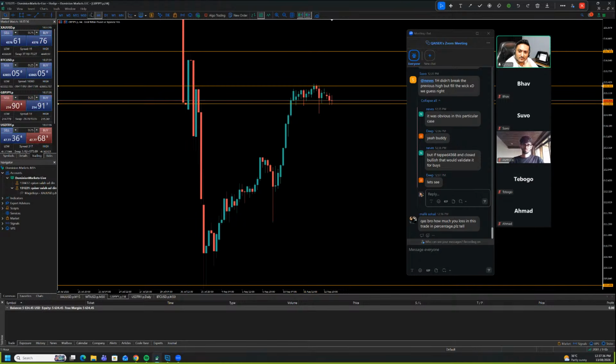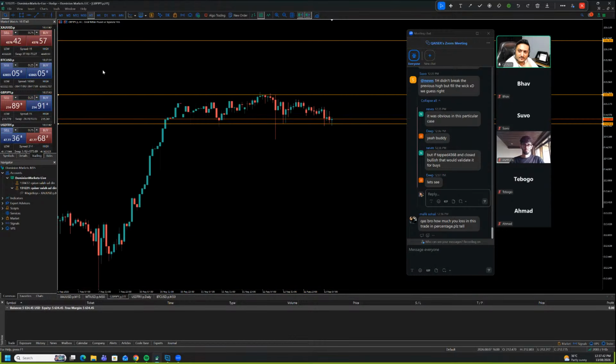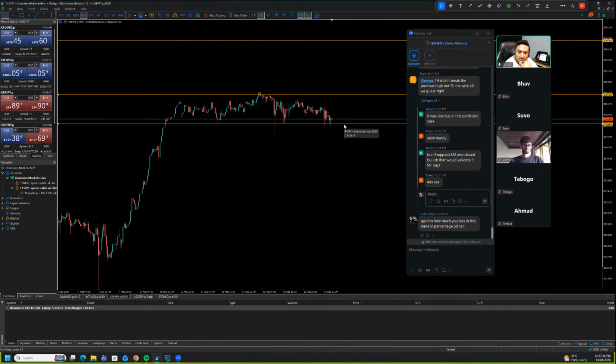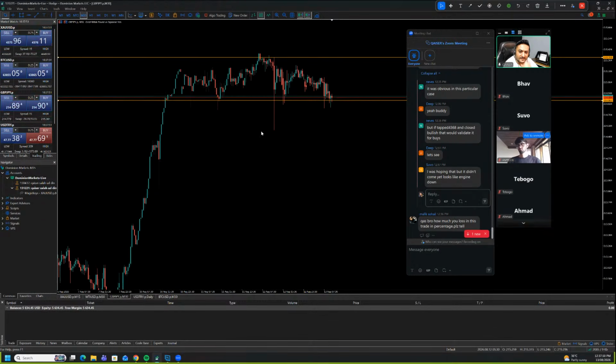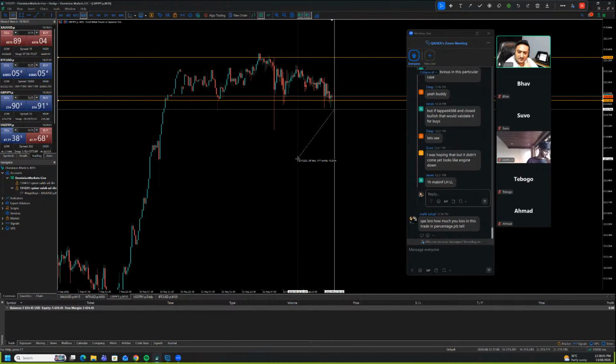If we flip to H1, what a beautiful consolidation happening here. It's having a good structure. Many candles tried to go down impulsively. Look at these wicks on the left hand side. Many candles tried to go down but couldn't sustain the pressure and closed back into the range. So if a single candle could manage to break and close below this low, this is such a beautiful